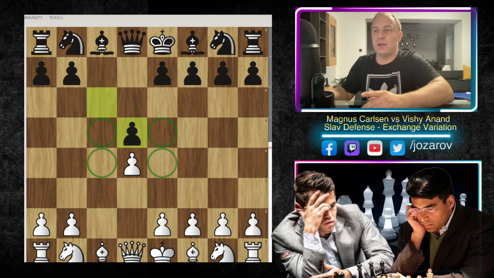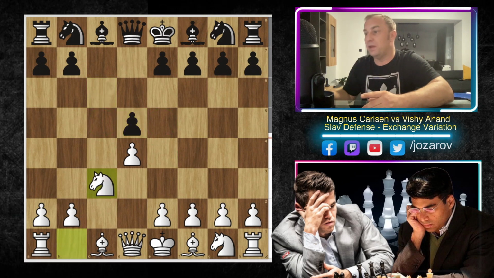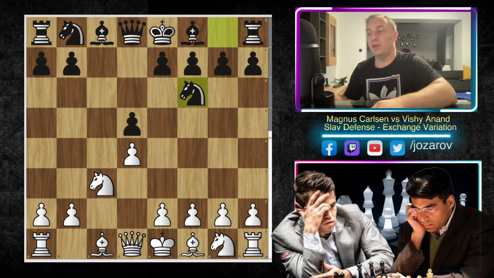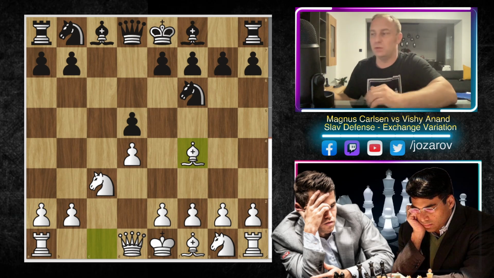In the continuation of the game, Magnus Carlsen plays normal development. We have knight to c3, knight to f6, again bishop to f4. We have talked about these ideas also in my previous video. You have to bring out your bishops into the game, because if you don't do that, then you could lock your bishop with the move e3. Then of course the bishop is useless. The bishop can come only on this square d2, so that's why it's not a good choice.